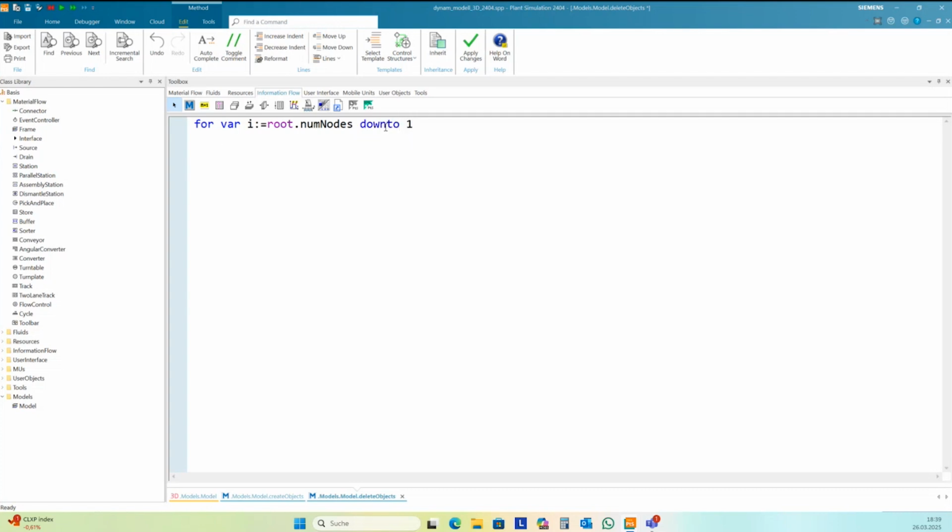Because if you delete one object, then the node number changes. And then I need to check if root node y. This is the way I can access each object in my frame with node and then an index. And I can, for instance, check the class name. And the class name should not be method.